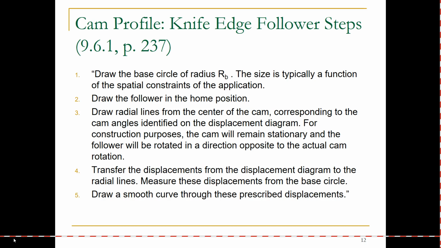And I'll explain to you what radial lines are, but what we're going to do is draw lines from the center of the CAM to the outside of the base circle. And for each displacement at each angle, we're going to add that displacement to that line. Now, something to note, based on the rotation, if the CAM is rotating clockwise, then we draw our displacements in the counterclockwise direction. Because if the CAM is moving clockwise, the follower is moving counterclockwise with respect